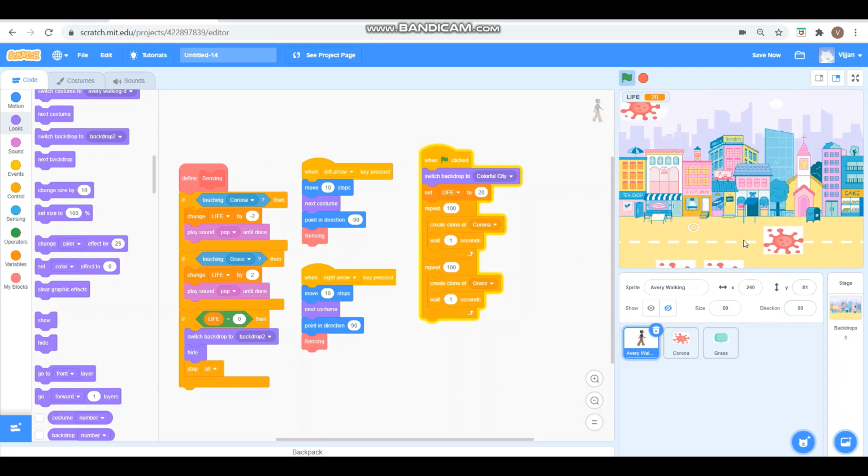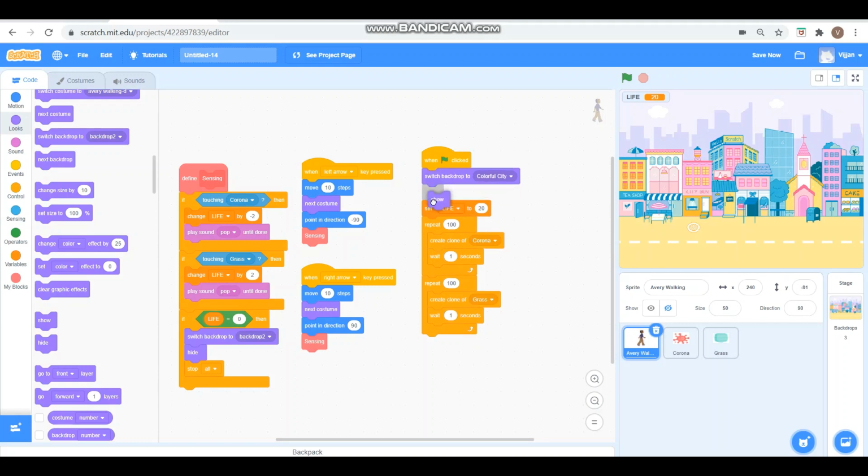If you see now, only the corona blocks are coming, right? And there is one more bug. What is it? This sprite is not to be seen. Why is it so? Because earlier when we set the program not to show the man, but when flag clicked, still the man is hidden. So we should tell the program to show the man. So what we will do, when flag clicked, we will make this sprite switch backdrop to colorful city and show. Okay.